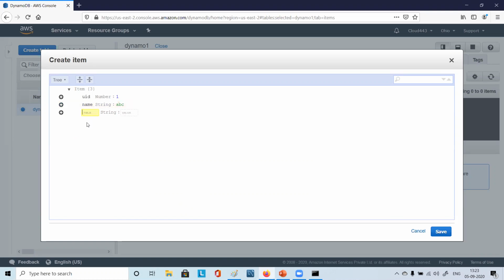I just want to put some other string. Say I want to say city, and some value, Bangalore. I say append, string. What else can I put? What other option was I having?